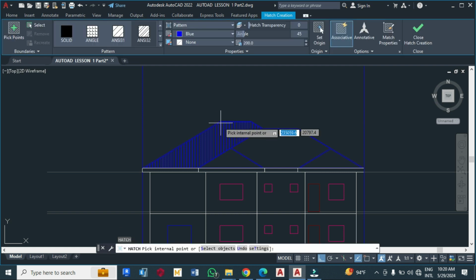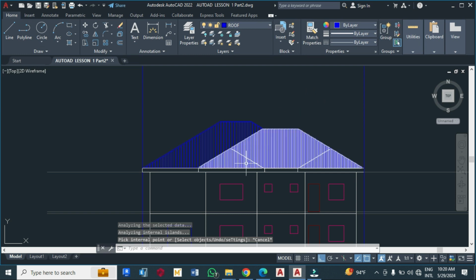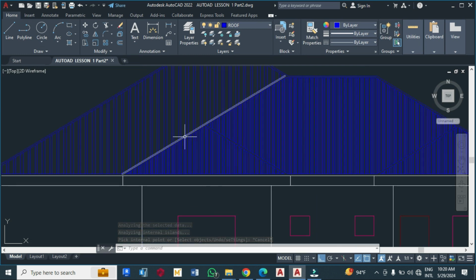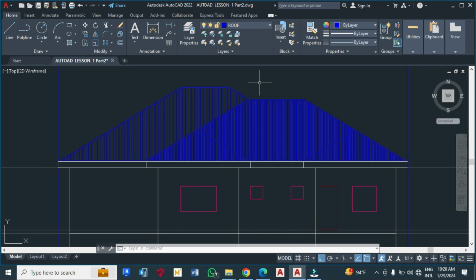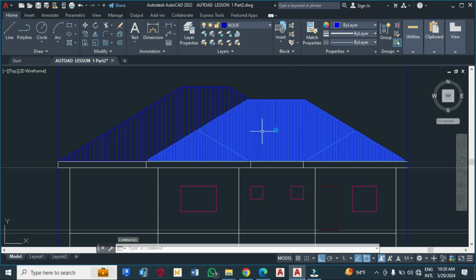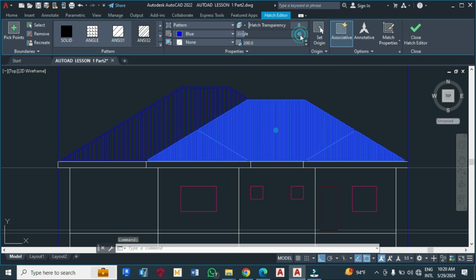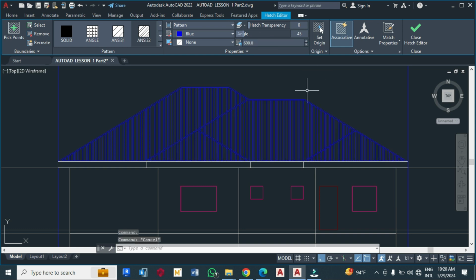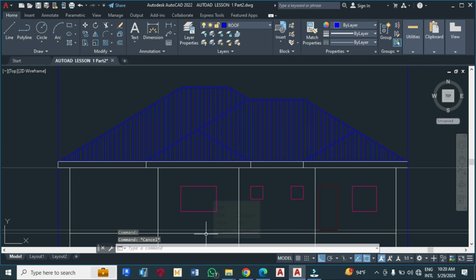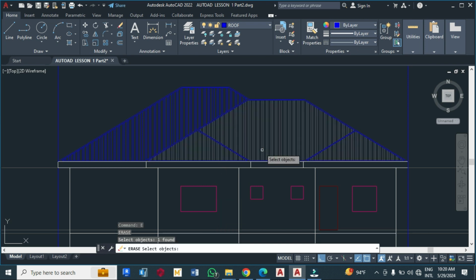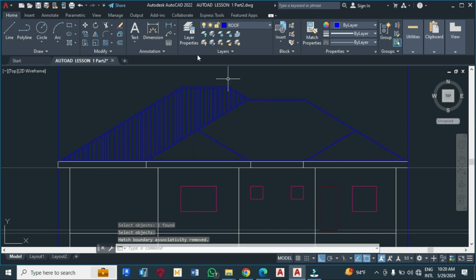Now that I've got the setting, so I can hatch this, and this. Alright, okay, so you can see the roof now. Okay, so let me also change this to 600. I think I use 600. Okay, what I've noticed is that I should have hatched them separately. So let me just delete it and hatch again,